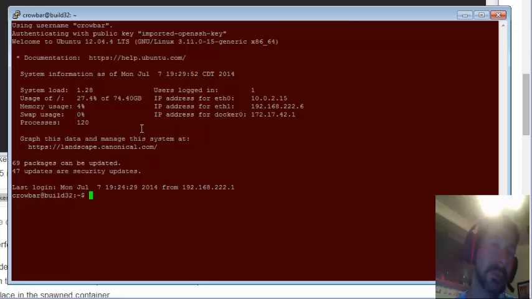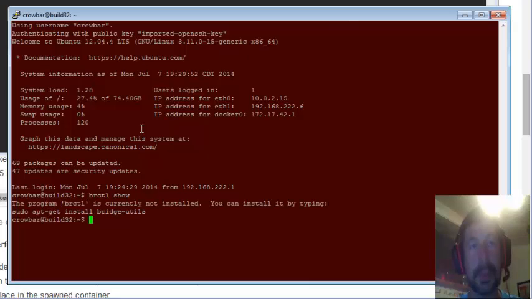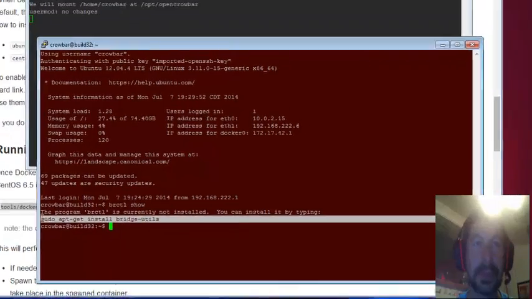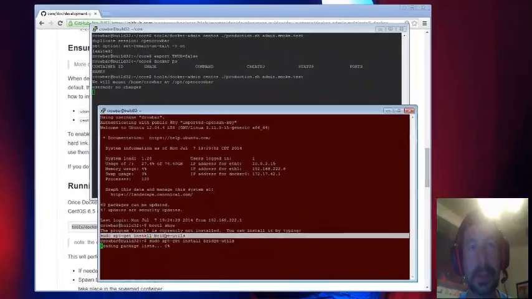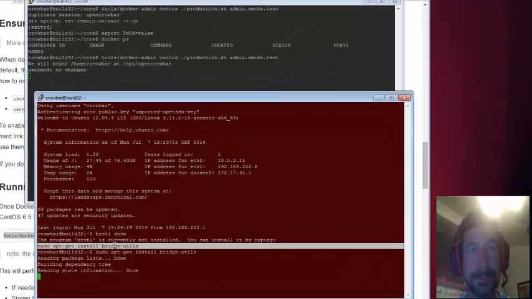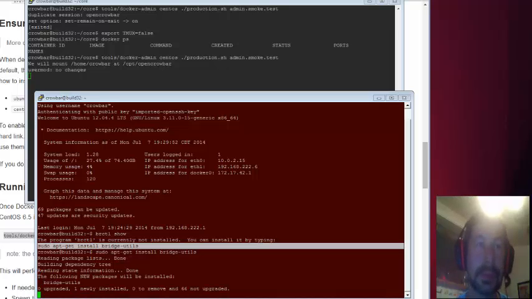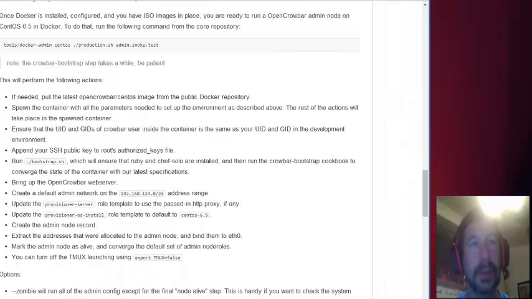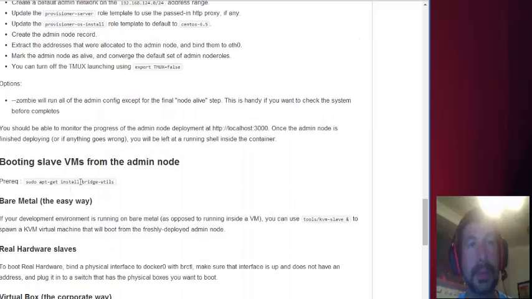And what I can do is I can look at my bridge controls, brctl, and what this will show you is I don't have the bridge utils. I need that, and I'm going to install that also. Once again, this is in the docs. You'll actually see this if you read through what's going on. It'll tell you here's your bridge utils. Here's the details of what we're going through right now,